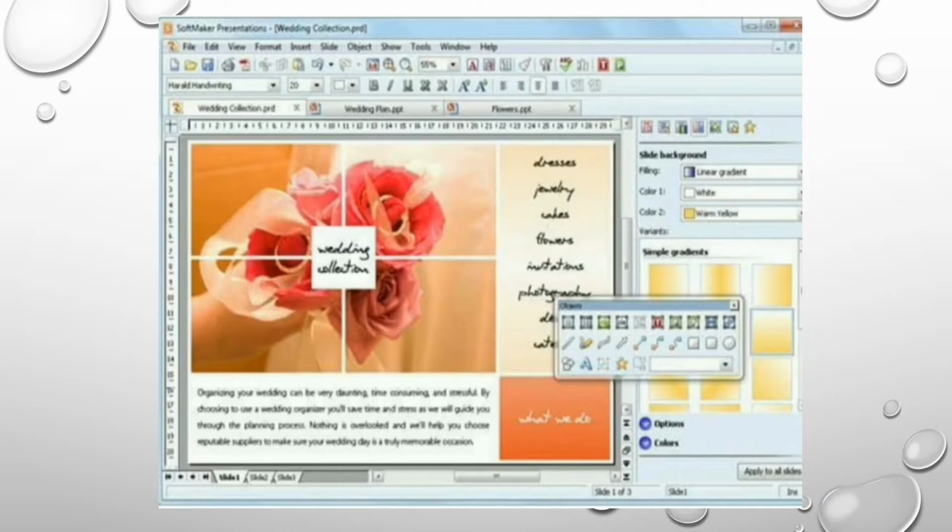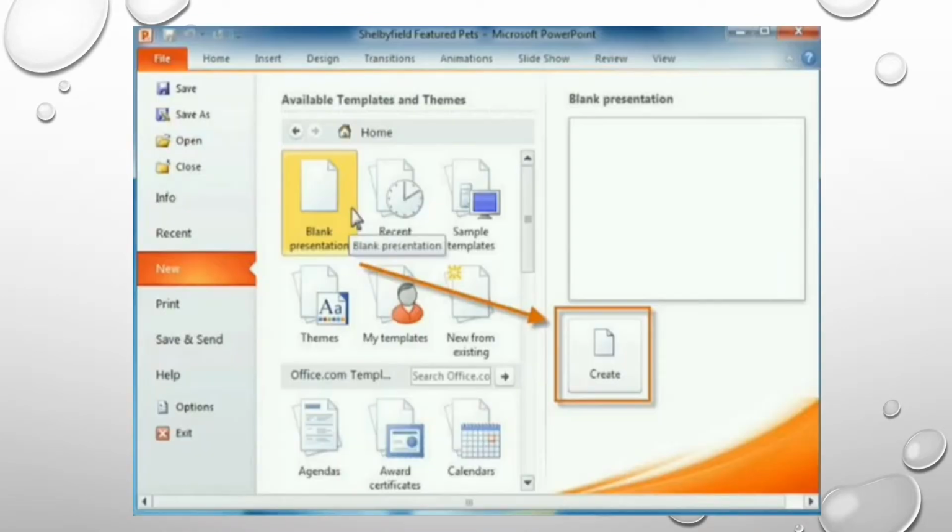Okay, students, next I'm going to explain how to create a presentation. Whenever you want to create a new presentation, first double click on the PowerPoint application. This PowerPoint application shortcut may be available on your desktop. Using that, you can open the PowerPoint software. Otherwise, you have to locate the PowerPoint application from the start menu, so that you will get a window like this. And in the window, you have to click on the File tab, go to the New option, and then click the blank presentation.